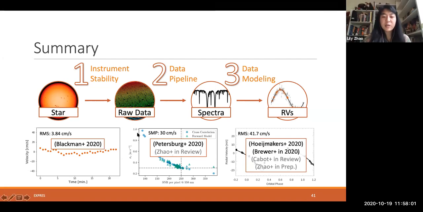Yeah, so as you can see here, the single measurement precision does trail exponentially as we would expect with higher SNR. And I should mention that the single measurement precision is an analytical error. And so it traces pretty much what we'd expect because we were very careful about propagating our errors throughout the entire extraction process, which is perhaps why the RMS to a planet fit is slightly more indicative of the actual error, which is 41.7 centimeters per second. So it's close to what we would expect analytically.